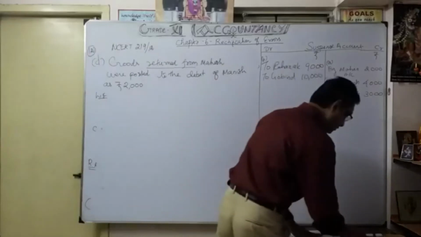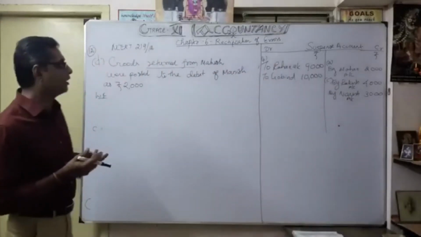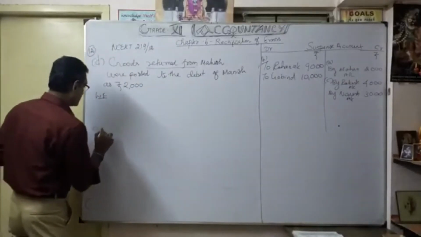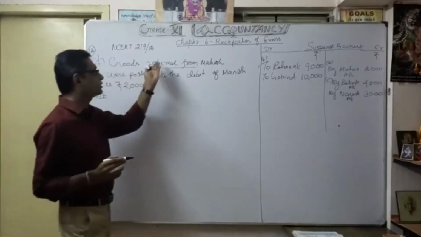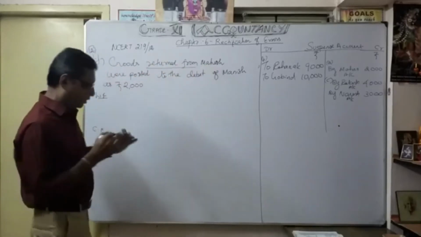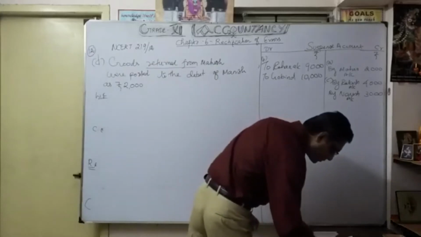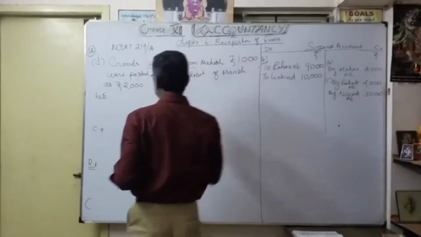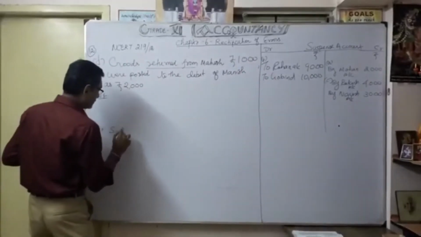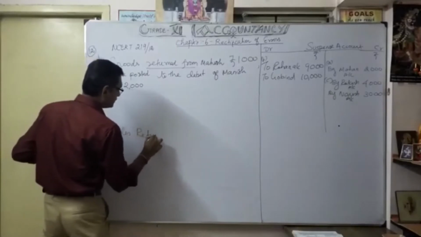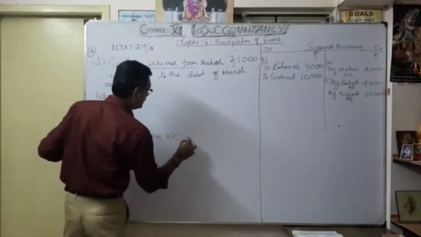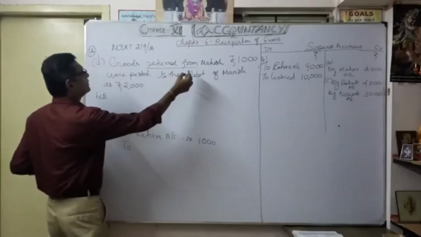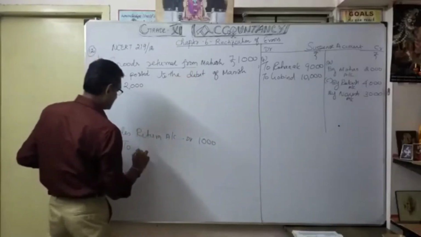Now let's see how we are going to do. So as you know, this is coming under what? Whenever returned from means what? Sales return. First I write the correct entry. Then only you can able to understand easily. So what's the correct entry? Goods returned from whom? Magesh. How much? Amount I have to write, isn't it? Goods returned from Magesh, 1,000. Okay, that's what the entry. So sales return account debit, how much? 1,000. Okay, to who return? Return from Magesh.